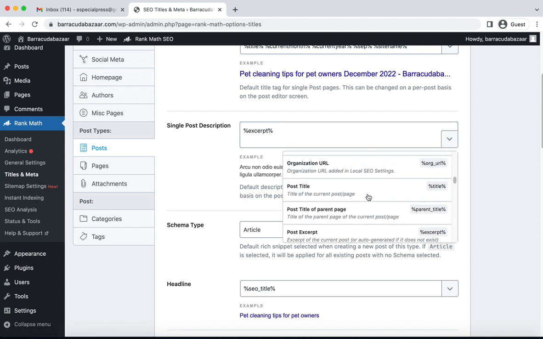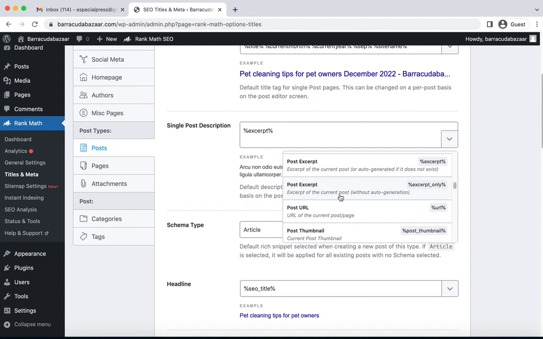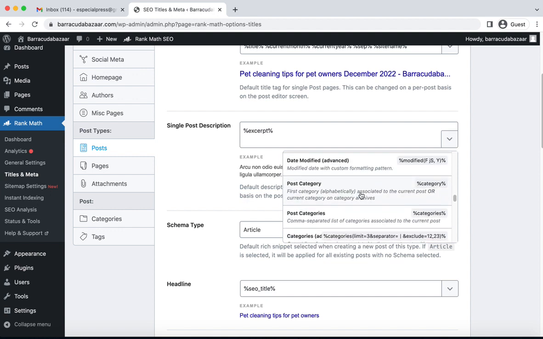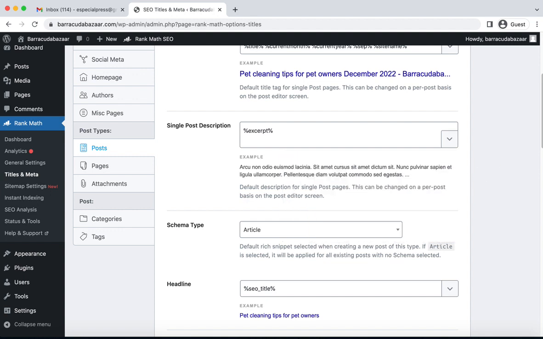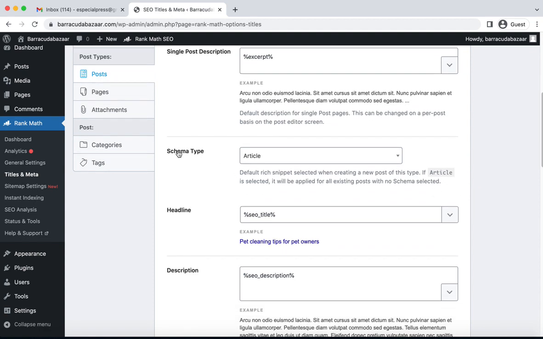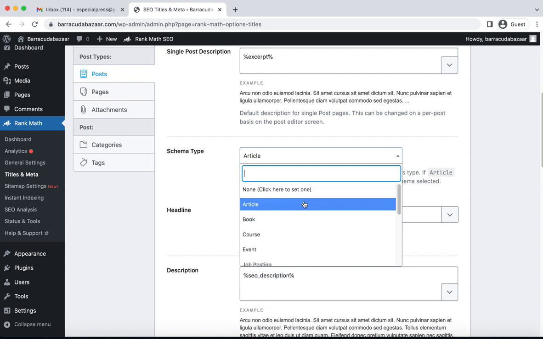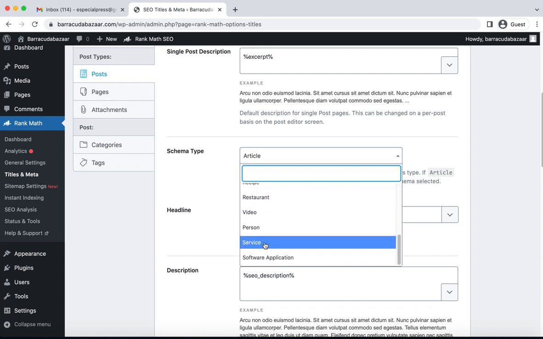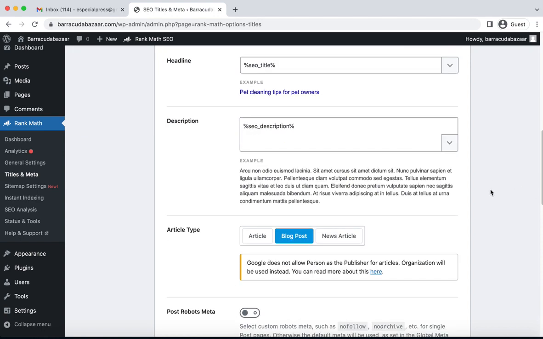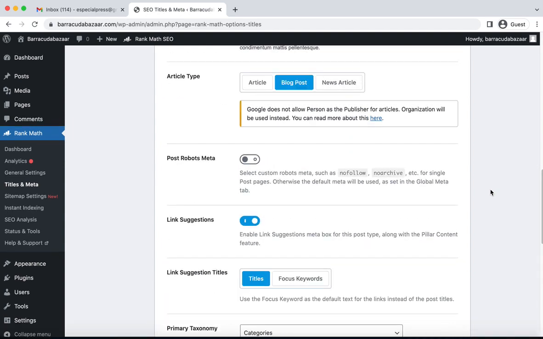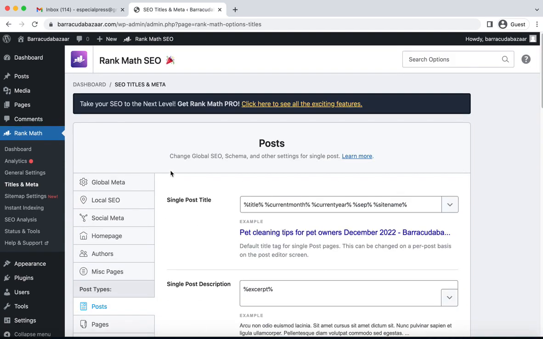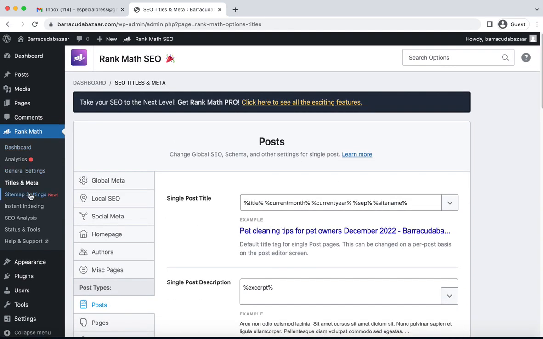For single post descriptions, it will automatically accept these, and you can change these as well. You can find all of the code here, and you can choose based on your preference. And for schema type, the default selected is Article. You can choose the rest of the schema types from here as well. And from these sitemap settings,